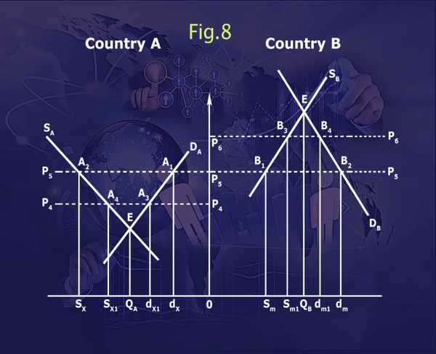Country A produces OSX, consumes ODX and exports DX minus SX, while country B produces OSM, imports SM minus DM, which is further equal to DX minus SX, and consumes ODM. When transport costs are introduced, the exporting country regards them as equivalent to a reduction in